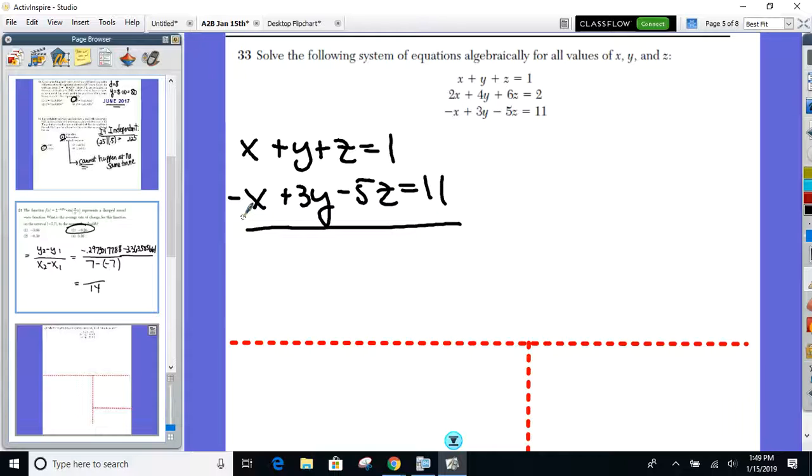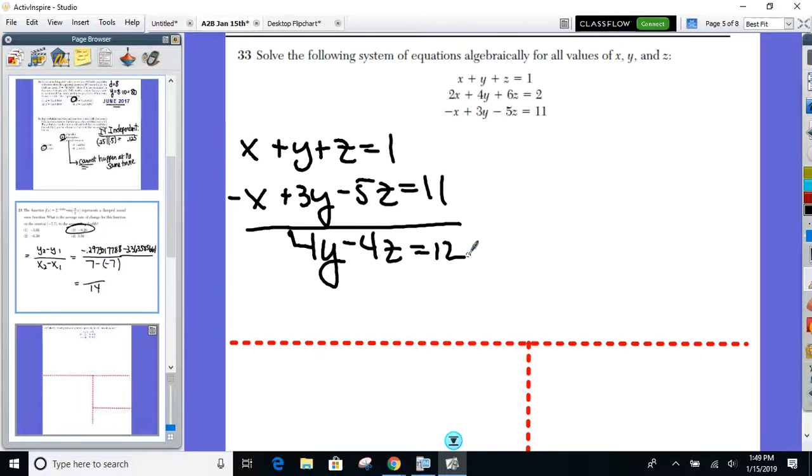How many y's are left? Positive y plus 3y, 4y. Everyone all right? What about the z's? Minus 4z